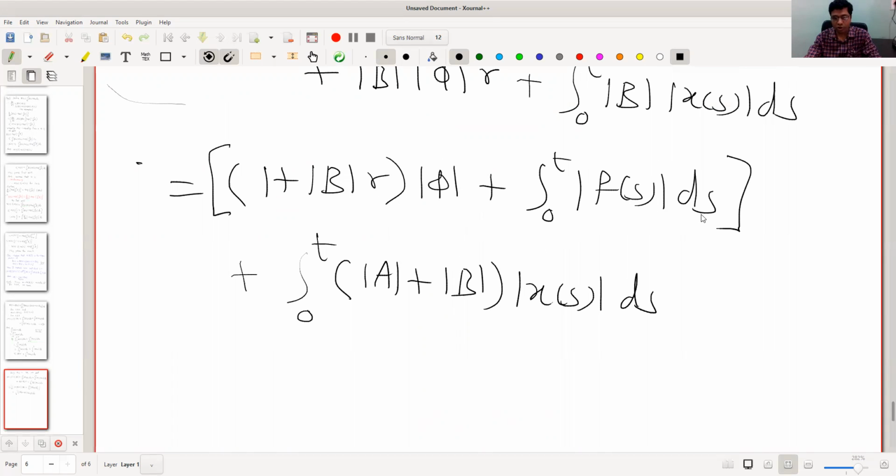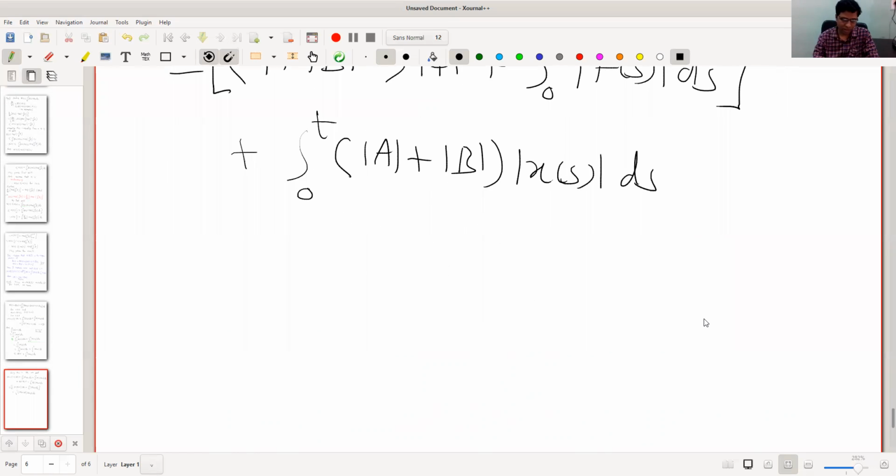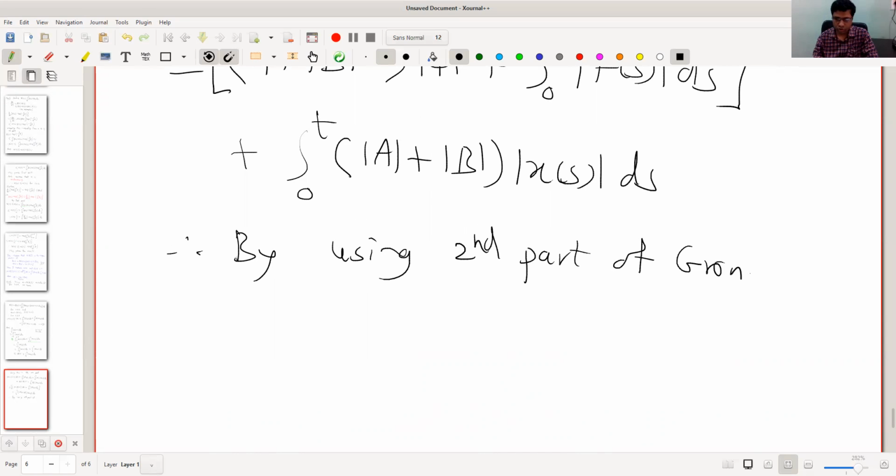So by the second part of Gronwall lemma, we have u of t less than or equal to alpha of t into e raised to integral beta from a to t. A is 0 here, so 0 to t simply. Therefore, by using the second part of Gronwall lemma,